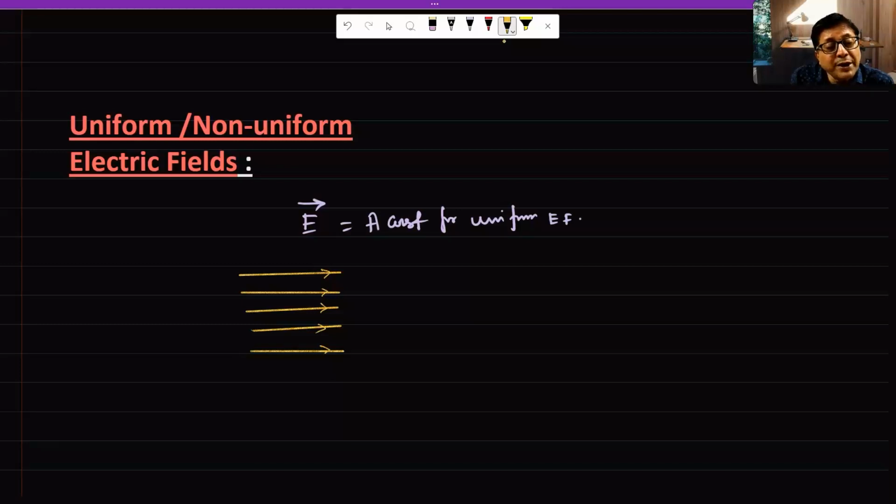So if you draw equidistant parallel lines, here E will remain the same. E is equal to a constant. E at this point, E at this point, everywhere at this point, same magnitude and direction. But if the field lines go in this manner,